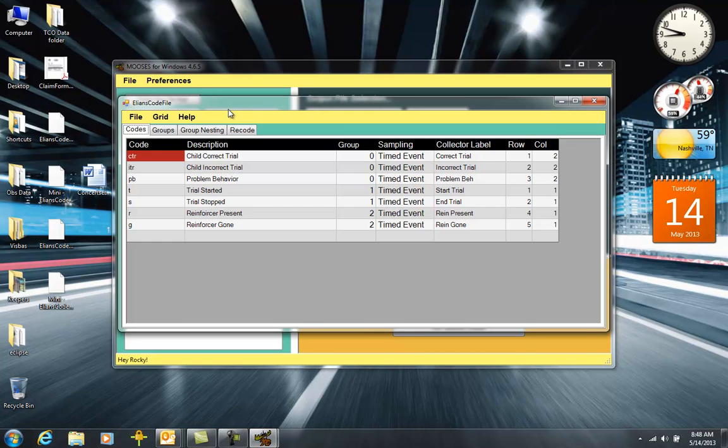A code that they want to do about trials and problem behaviors and whether or not the trial is incorrect while they're watching kids. Okay, so